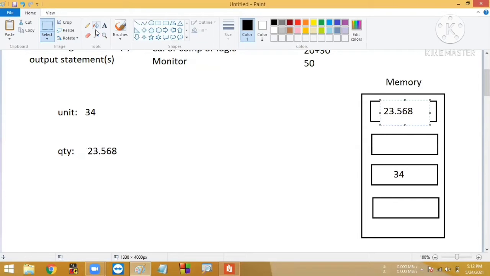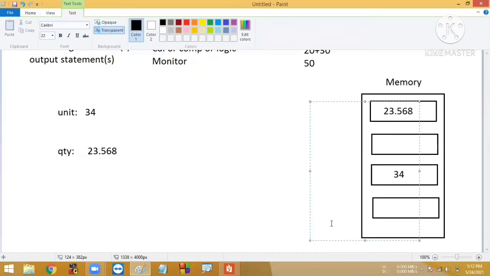In memory, I just said these are all blocks. Each and every block will have a unique address. For example, this address might be this, and this address might be this.